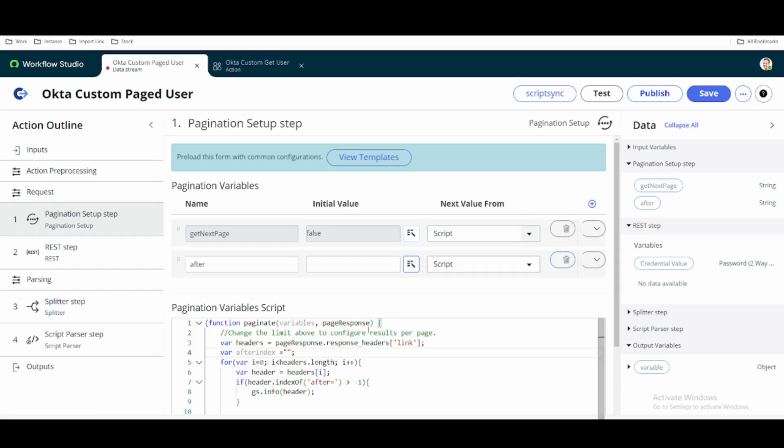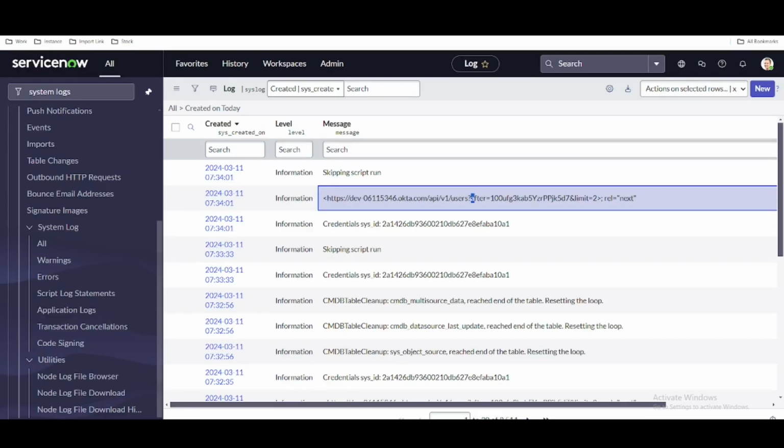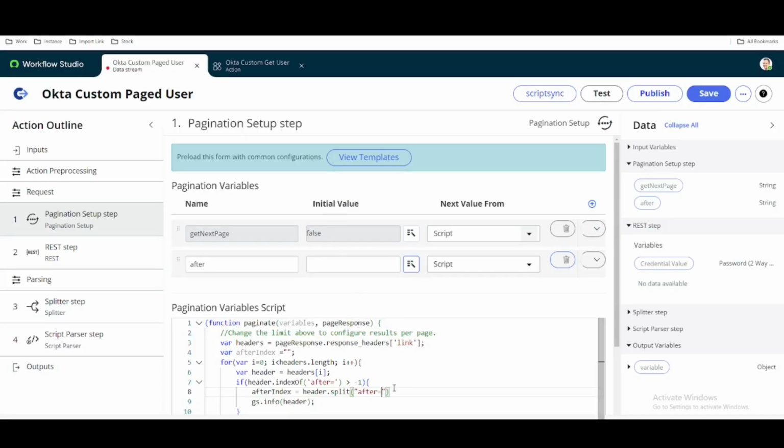Then we'll put that call afterIndex equal to header, then split, then the split object will be called after equal to, and then I need this one index. So we'll put call one index here,